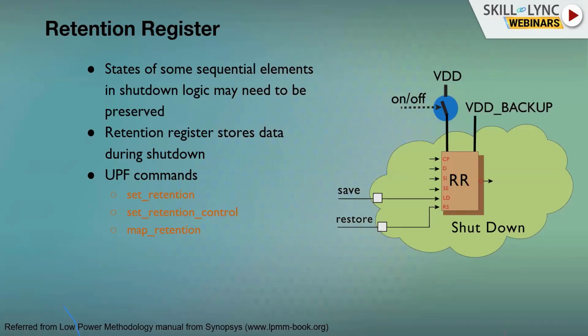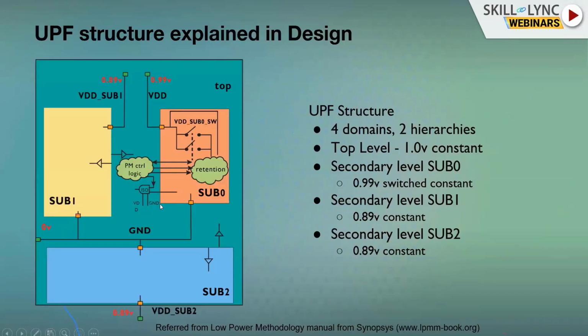That whole latency of computation, or the time needed for computing that logic, is completely eliminated when you use retention registers. That is mainly done with the set retention and set retention control commands, where you tell which type of registers should be on retention, and the set retention control command tells what your save signal and restore signal are. It tells the RTL internally what the control signal names are. And then the map retention command automatically maps when you do an implementation. Then, for what we studied now, I'll walk you through a small example.